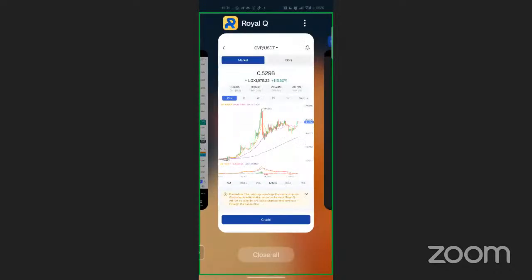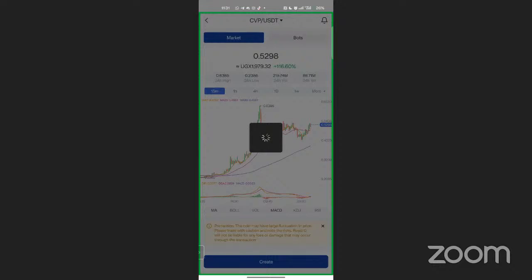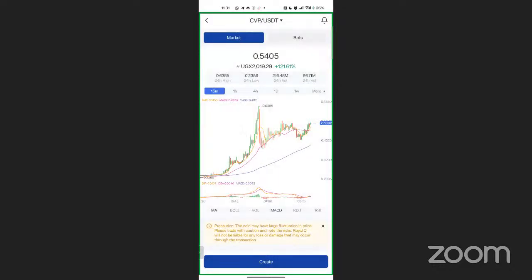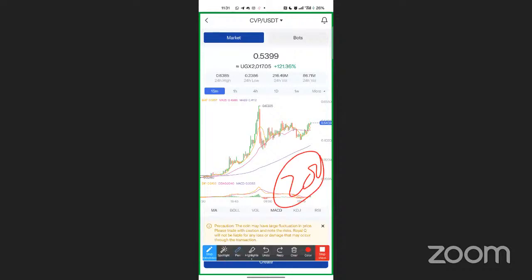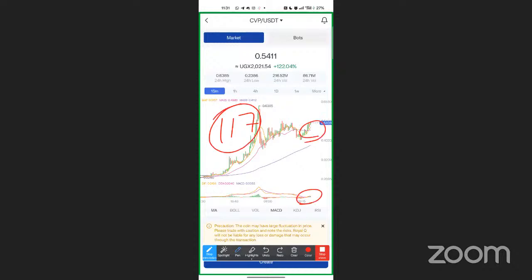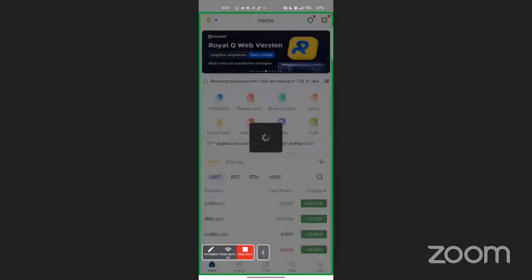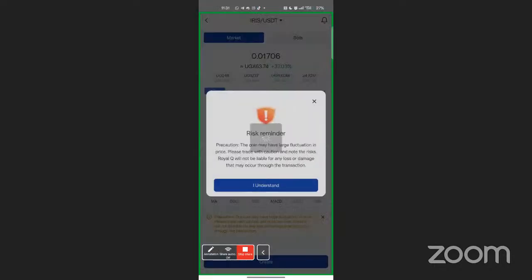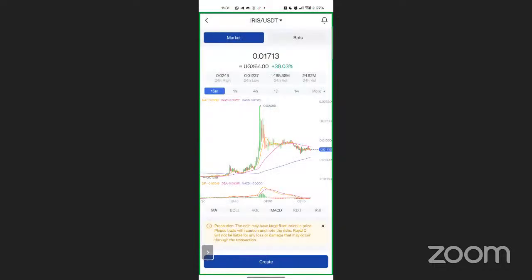Now let's look. I will trade this coin. I have a question. If someone entered, have they taken their 1.5? Because by the time I was here, it was at 117. Have they taken their 1.5 using what I've taught? Because it's at 122, 1.52%. Then I go for another one. There is a coin pumping called Iris. I look at it. This one I will not trade.